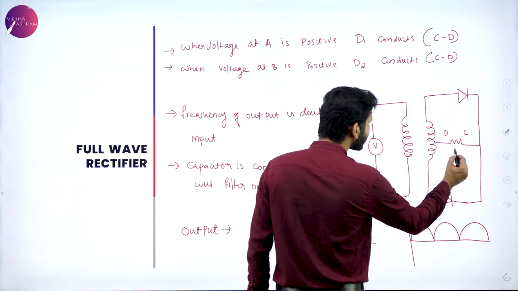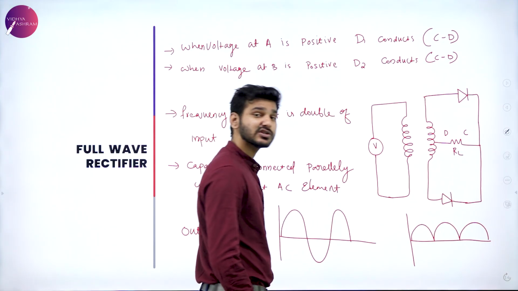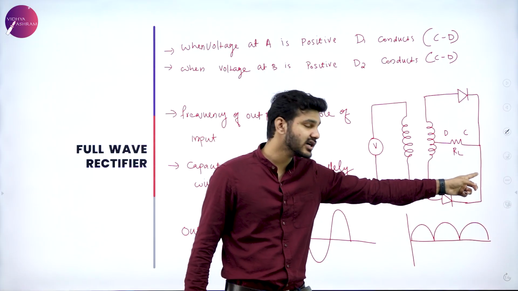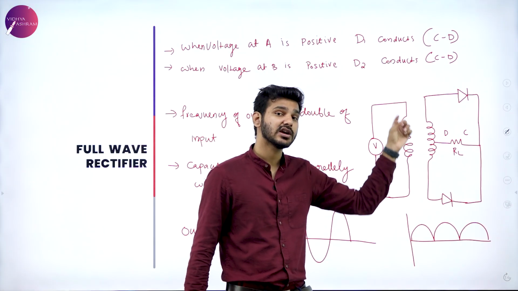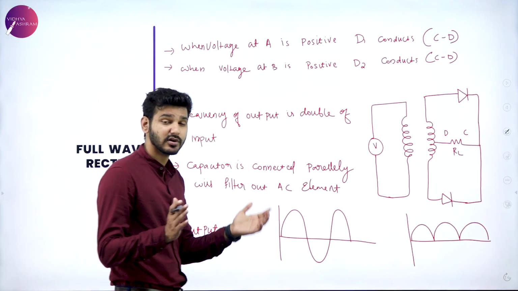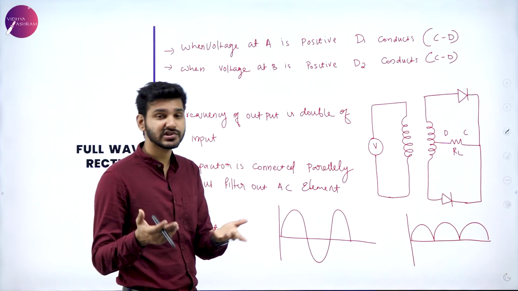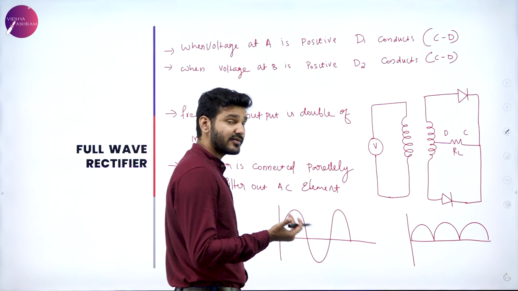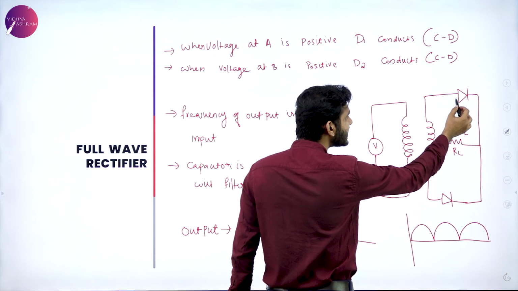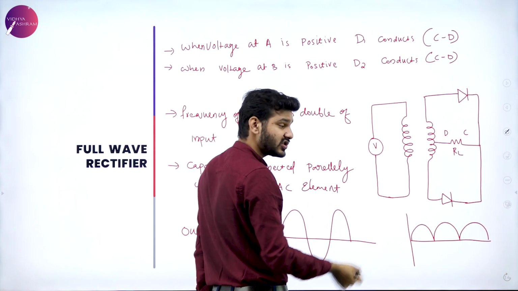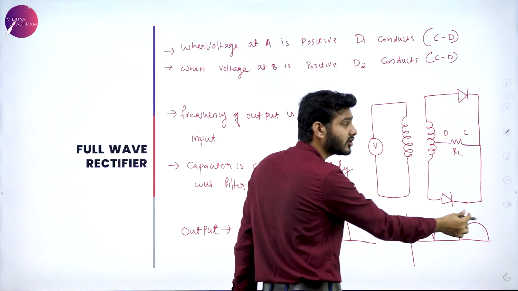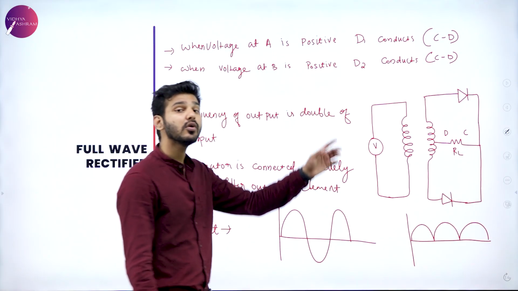That is, the load resistance RL is connected like this in the circuit. Instead of connecting here, we are connecting it to the center. So this particular process is known as center tapping. You only need it if you are going for higher order physics like engineering or other fields. If you do this, then the positive half cycle here is allowed to pass through. Just like that, here also the remaining half is allowed to pass through, which means both of them